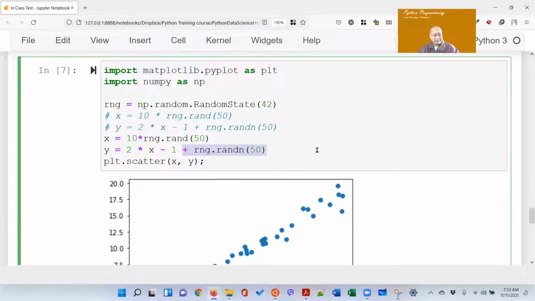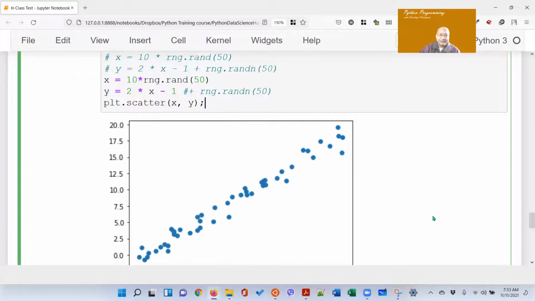So what I'm going to do is I'm going to comment this out. Say y equal to 2x minus 1. When you see,